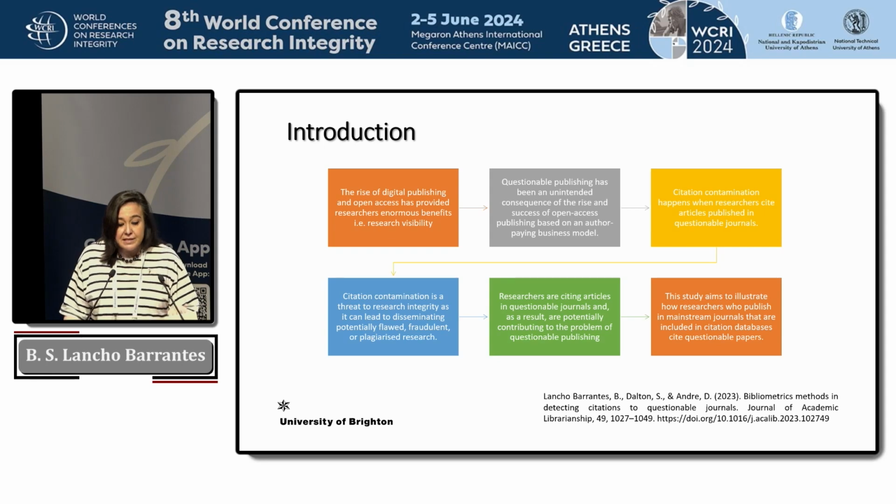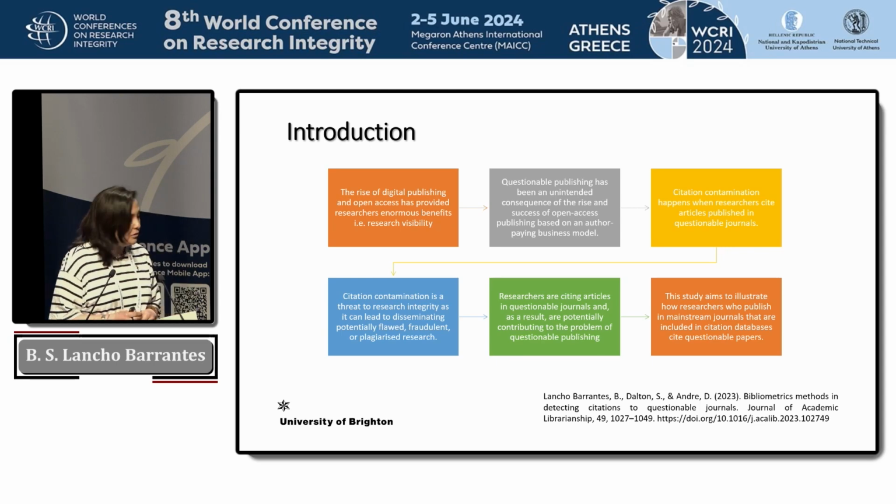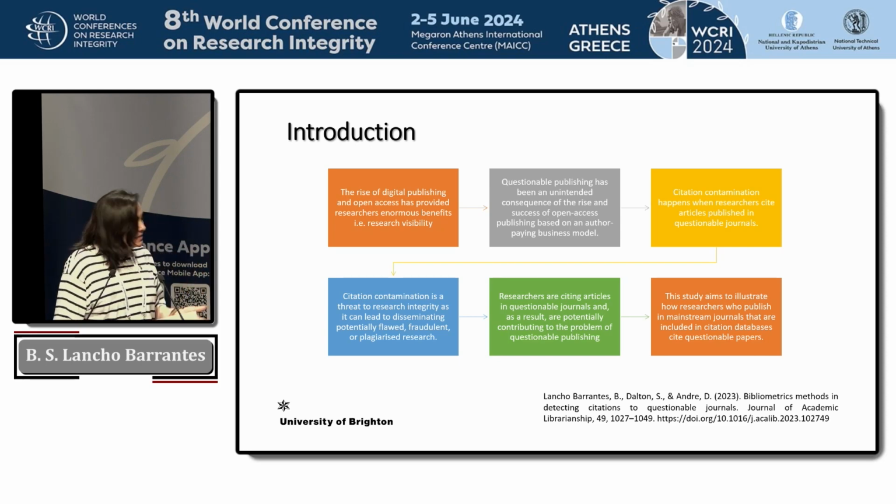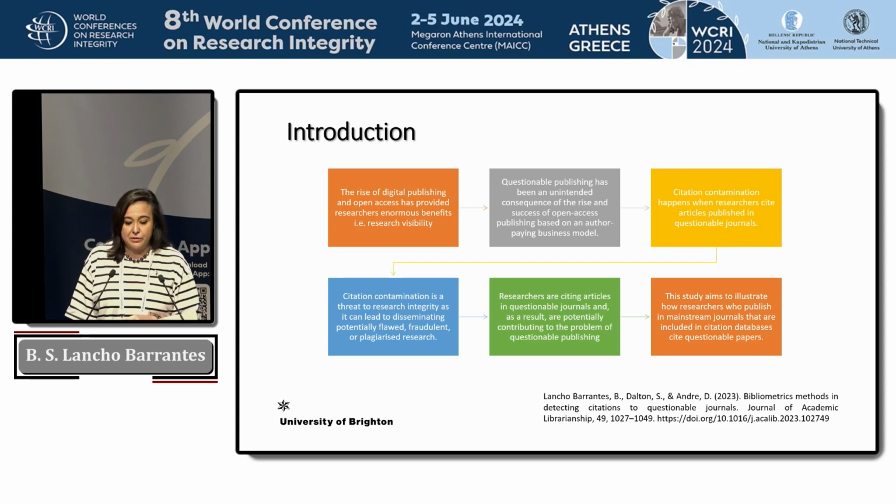So researchers are citing papers published in questionable journals. This is called citation contamination. It happens when researchers cite articles published in questionable journals. Citation contamination is a threat to research integrity as it can lead to disseminated, potentially flawed, fraudulent, and plagiarized research. Results of studies show that researchers are citing articles in questionable journals, as a result, potentially contributing to the problem